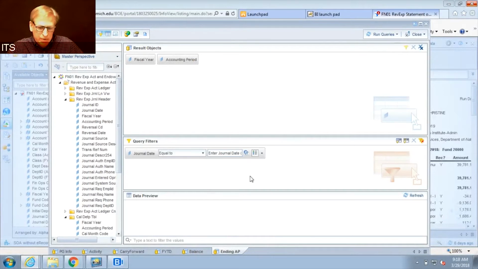So the ending accounting period query is going to get the journal date that we enter and return the fiscal year and accounting period that corresponds to that date. And then we're going to use this